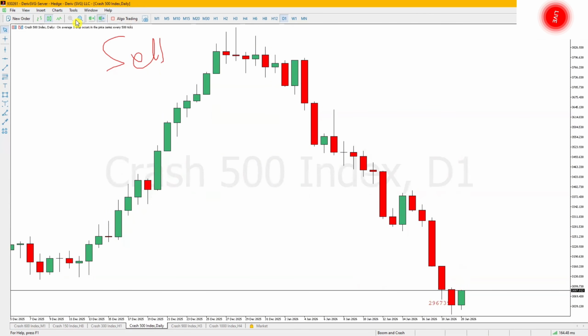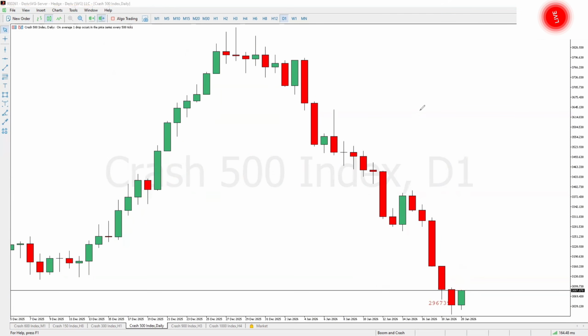So this green candle that you're seeing here, I'm on the daily, right? So remember the time frame. I start from higher time frame. I identify what the buyers or sellers are doing. In this case, the buyers are pushing up. But because I'm not going to buy this thing, I want to sell. This is signal number one to say that the buyers are pushing up and they're most likely to be exhausted